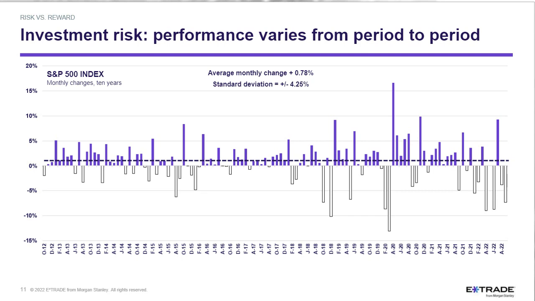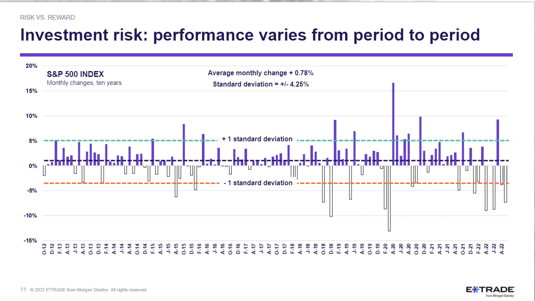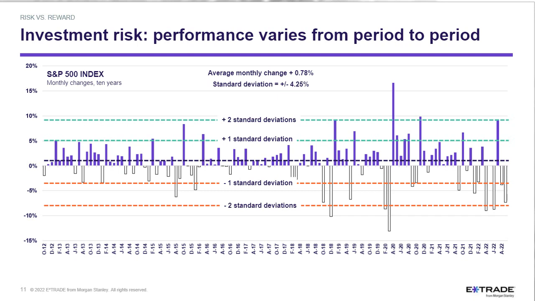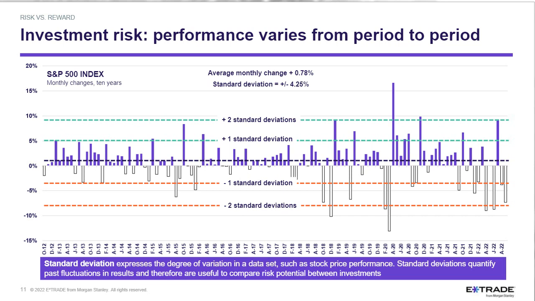And so what we do is we do the calculation of the standard deviation, and then the application is that if we add it and subtract it from the average, we will capture about 2/3 of the values. So most of the time, the return is going to lie in that range. And then if we take two standard deviations, the assumption is that 95% of the time, the return is going to be within this range. The main point here is simply that this idea of measuring the variation in the returns of an investment from period to period is how we can measure risk in investing.